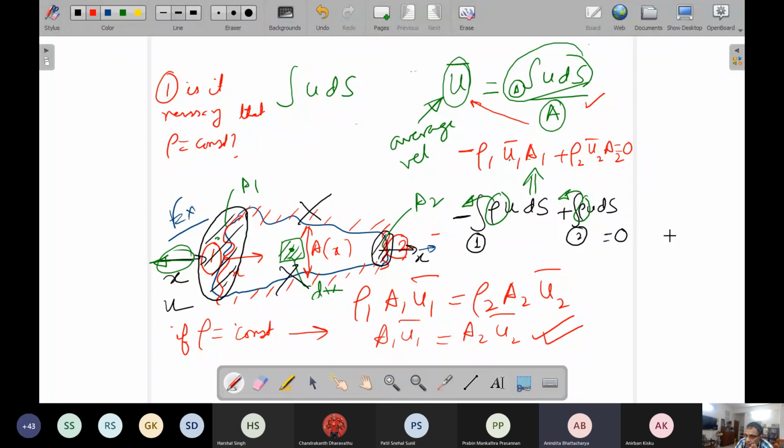So rho equal to constant is therefore only a prejudiced thought. It does not have any big basis, because we just wanted to cancel rho 1 and rho 2, some way to arrive at this one. So we can cancel rho 1 and rho 2 simply with the consideration that rho 1 equals rho 2, but in between it could have varied in whatever way it wanted. So rho equal to constant need not be a very binding compulsion.